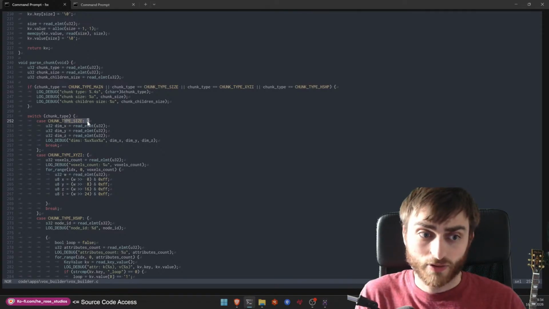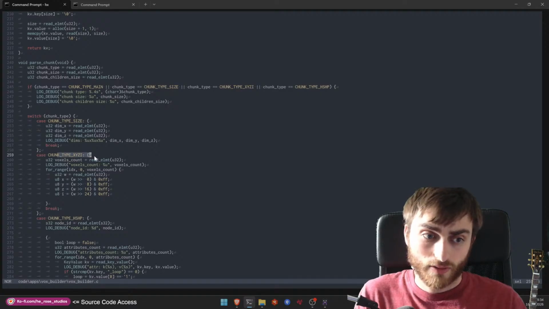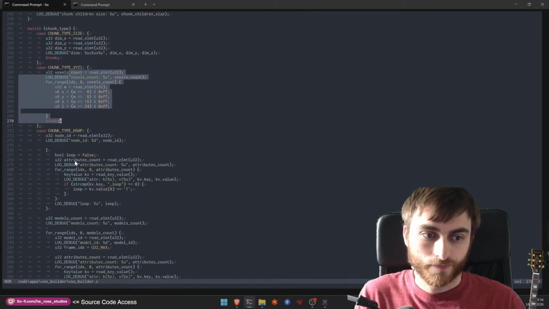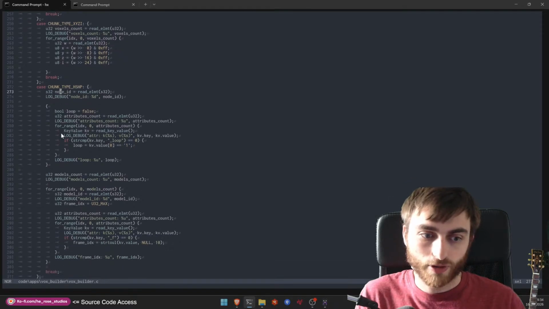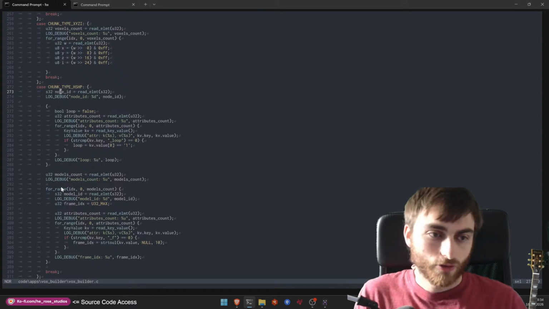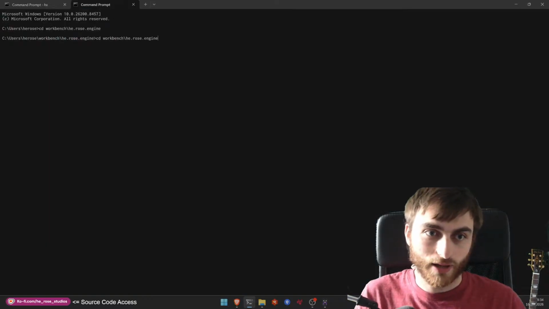There's a size chunk, there's a voxels chunk, basically a list of all the voxels, and there's this sort of shape node which helps us get the keyframe information and how many different models there are and how they link up. So here we've basically parsed all of the information and just printed it out inside the